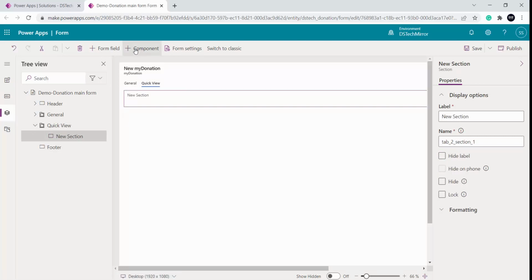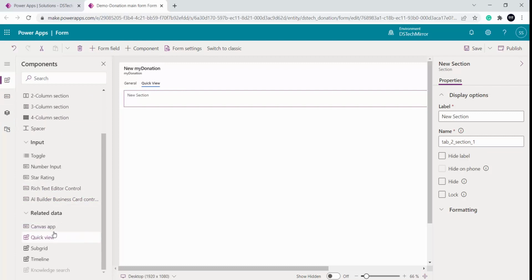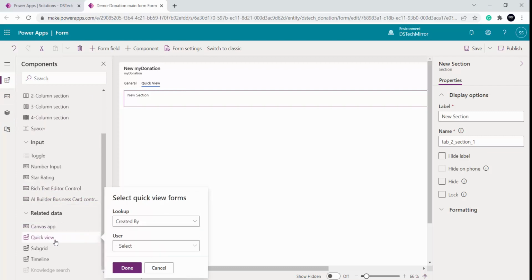Yes, and under component, I will add this control called quick view. I will select this. Now over here you can see I have to first of all select the lookup column. Now this is my related table. My parent table is my fundraiser table. This is the logic why I created the form in the fundraiser, and now I am using it over here